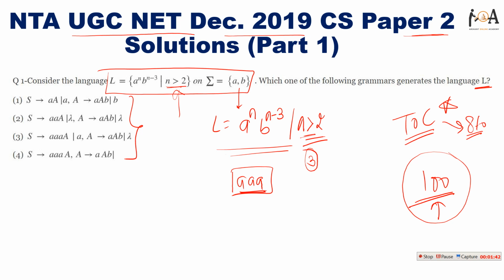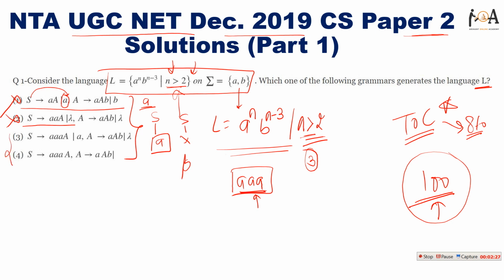So if I go with option 1, you will observe that I am able to generate only a from this grammar, because here is my start symbol S, and I can also generate a single a. This means a single a would be generated by this grammar, but this single a is not a part of this language. That is why this option is incorrect. The next one: using this grammar I can generate lambda, meaning I can generate an empty string without generating any alphabet. But this language will not generate the empty string, because at least it will generate aaa. That is why option 2 is also incorrect.